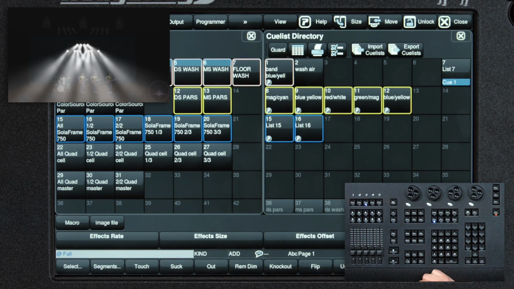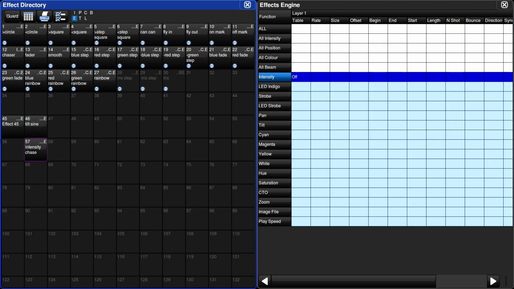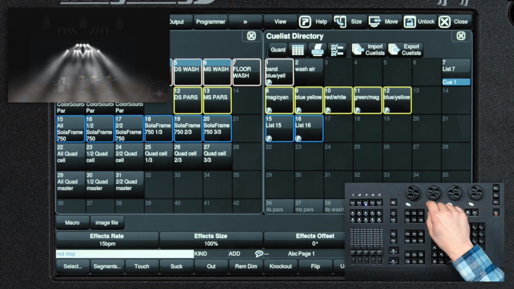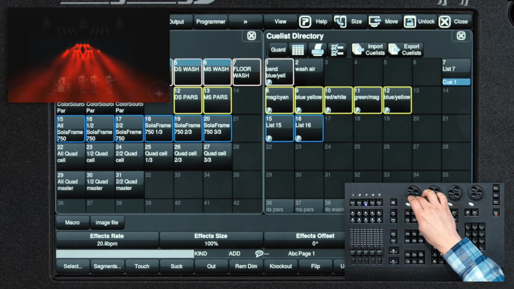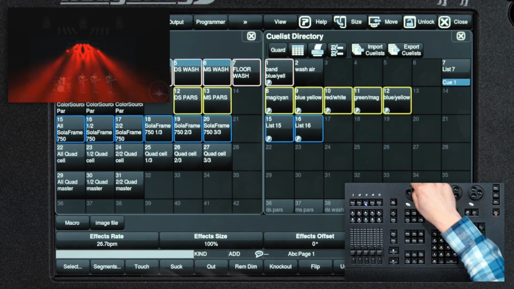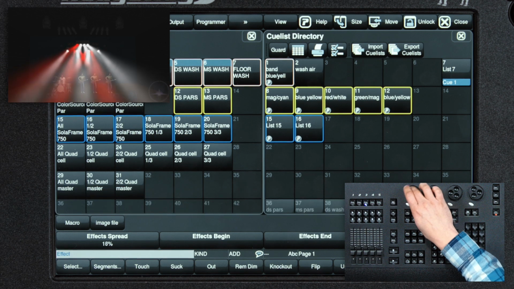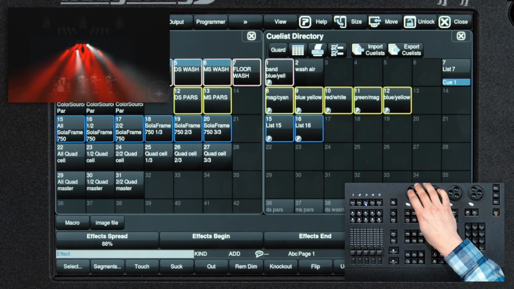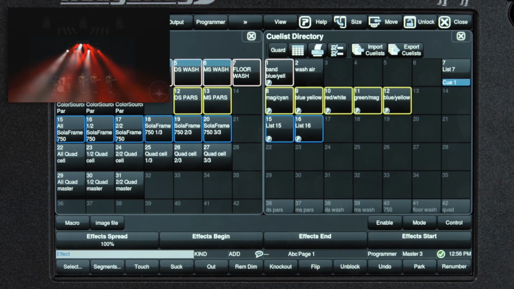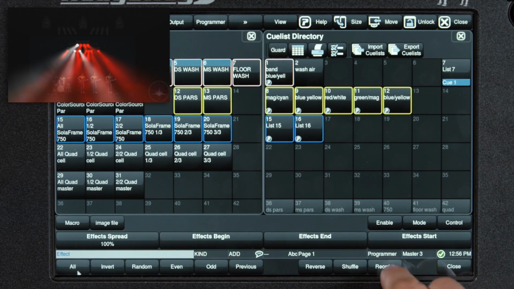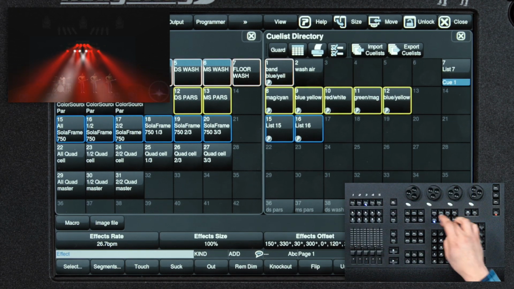Let's try some color effects. Let's go ahead and try the red step. Let's increase our rate, and our spread. As you can see, as I dial it in, the fixture order is still jumbled. Let's get that back to more left or right. Select, now reorder, puts it back to where it was.